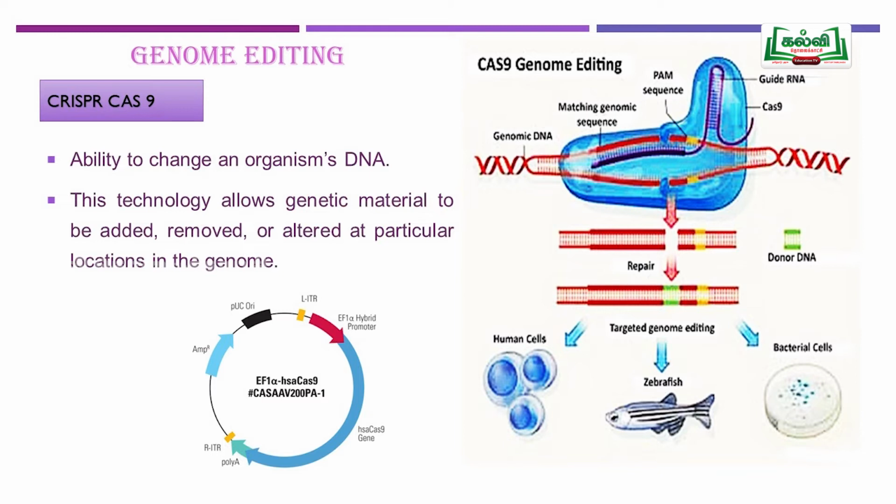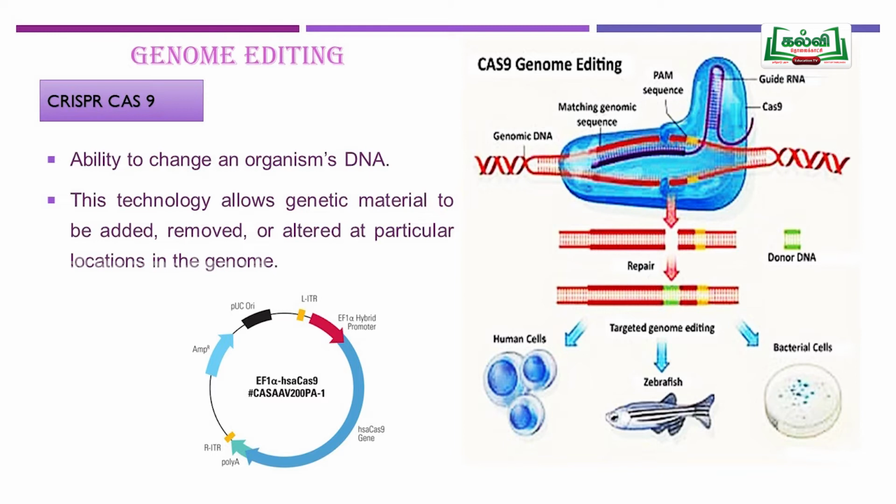Let us take a genome which is defective, that means a particular gene is defective. Here we have to use a vector. That vector codes for the Cas9 protein, along with a donor DNA sequence we have to place, and another one is a guide RNA sequence. All those things should be present in the vector, and such a vector we have to create.